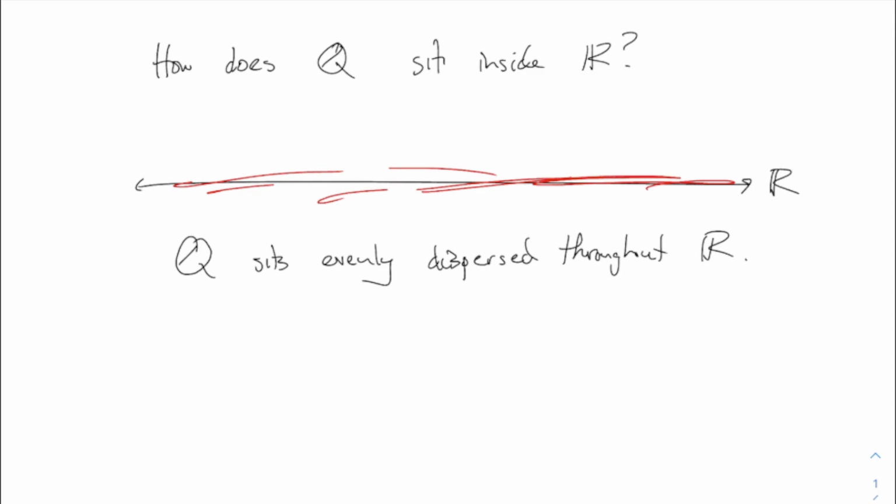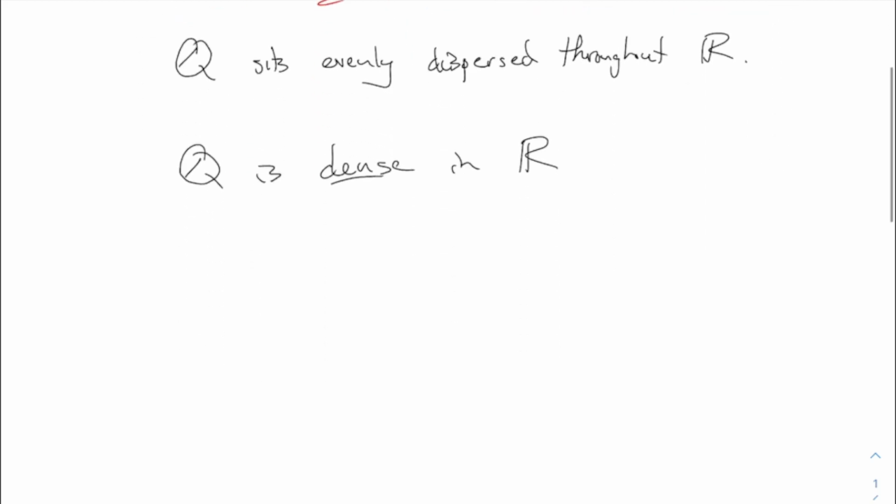There's a technical word for this. We say Q is dense in R. It means basically wherever you're looking in R, you're going to see some rational numbers in there. Now there's a more technical way of saying that, but I would just say the word for that is Q is dense in R. And what this means, I'll write it as a theorem, although we're not going to do the proof right away because I want to say a little bit more about this.